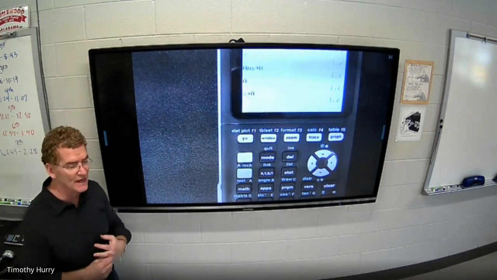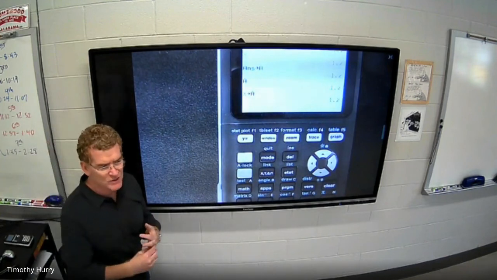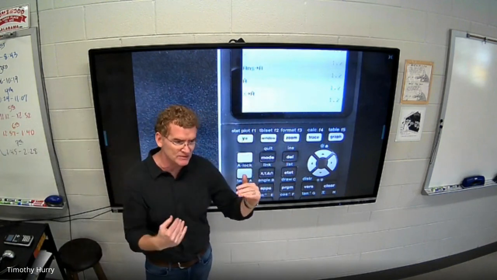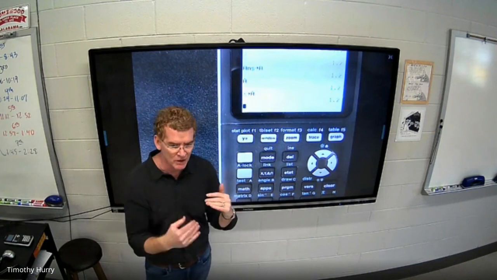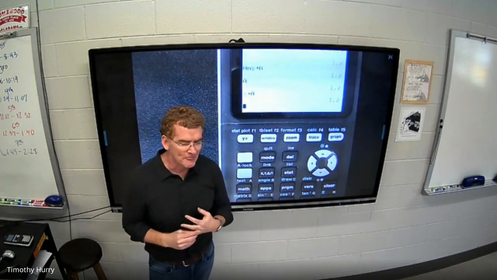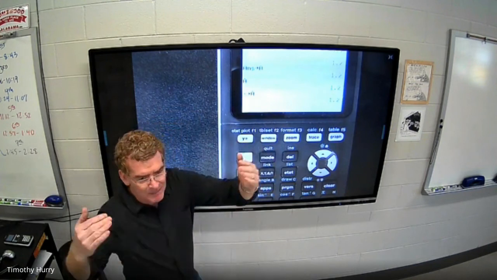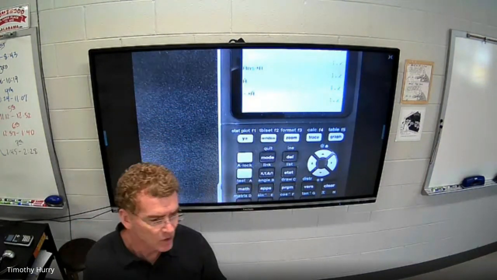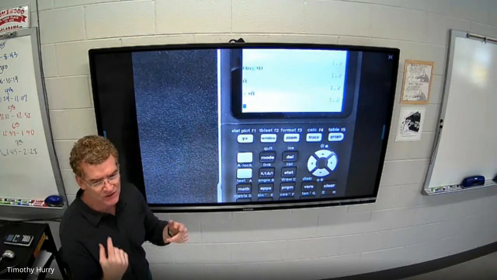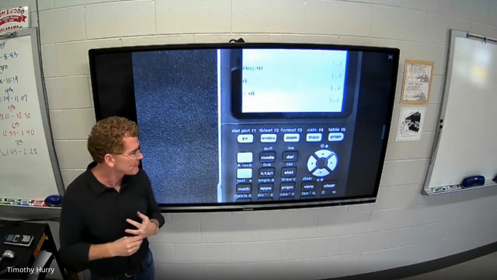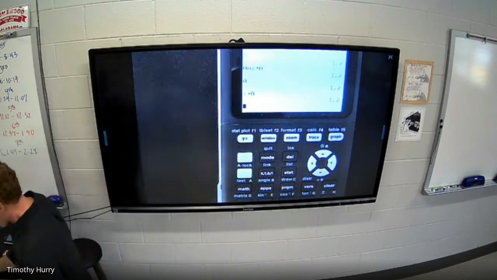You're going to do that a lot, and you might not think it's a big deal here, but once you're having to do part A, part B, and part C, and use that stuff over and over and over, do it. Sometimes I do it when I don't even need to graph, just because I like having the functions in there. I like being able to pull up my F1 and my F2, or my Y1 and my Y2, without having to retype it in my calculator. Just makes your life easier in the long run. So anyway, what about,